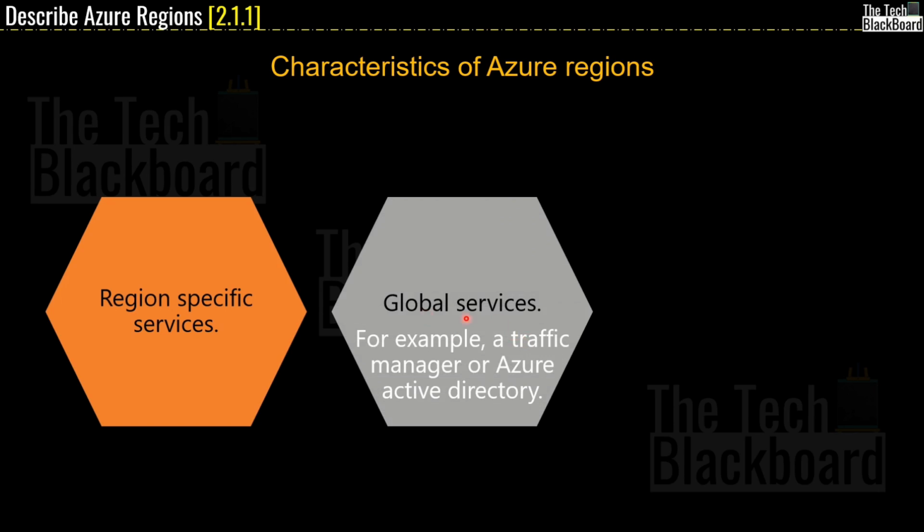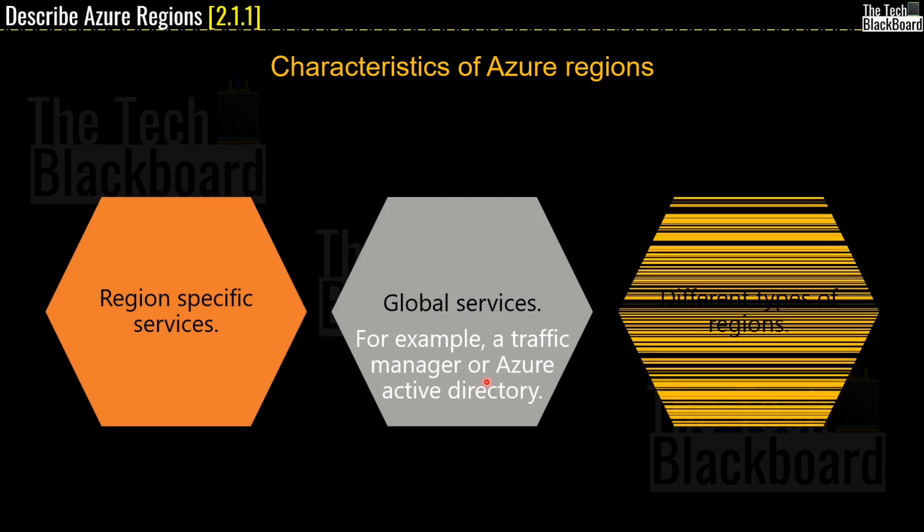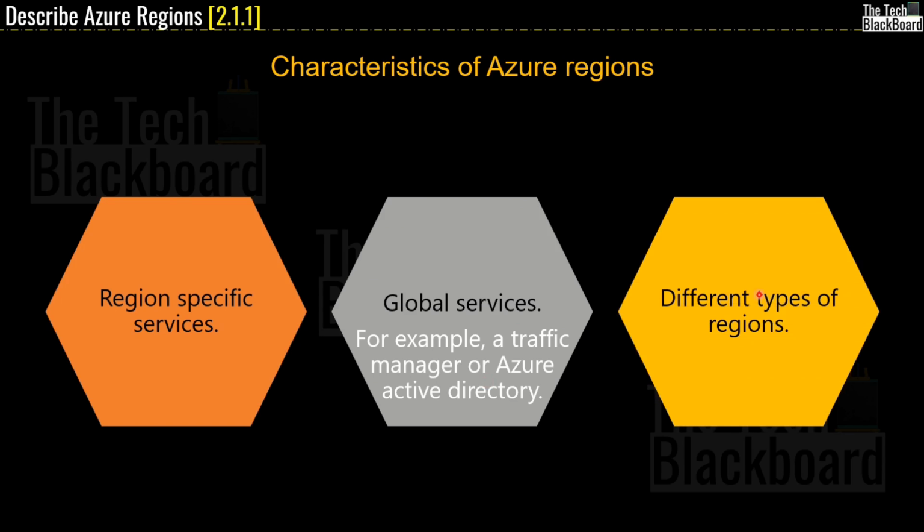Secondly, some services are global services, so they are not tied to a specific region. For example, Traffic Manager or Azure Active Directory. Finally, there are three types of different Azure regions. The first one, which is open for everyone to access. Then we have government regions like US government. I showed you Azure government region just a little while back. Then the third type is partnered regions like China region. I will give more details on government and partnered regions in the upcoming slides when we will learn about Azure